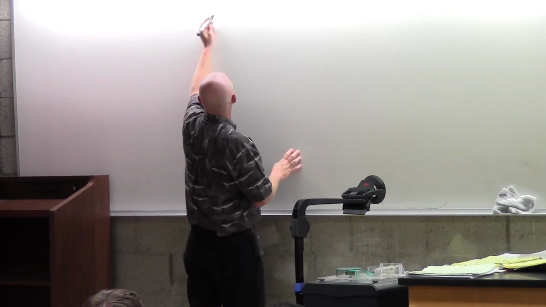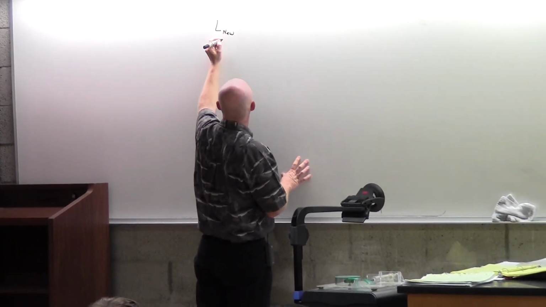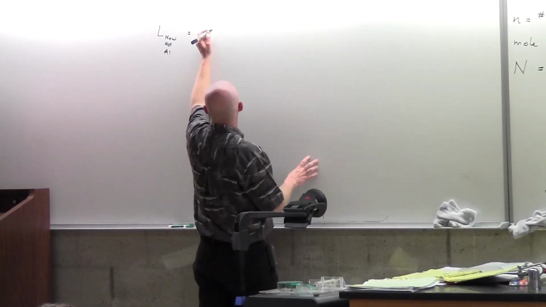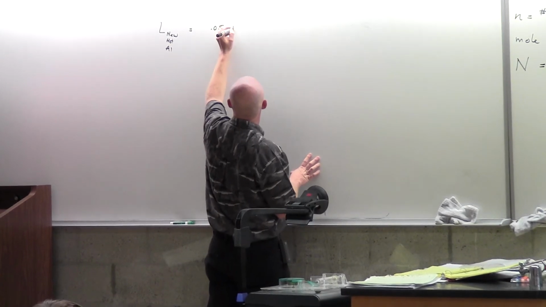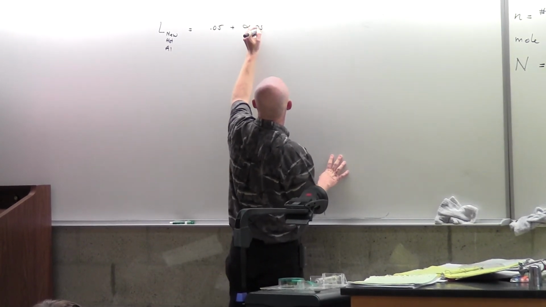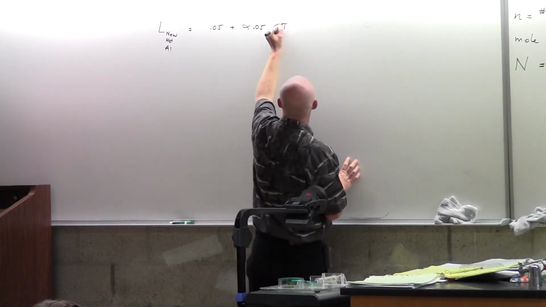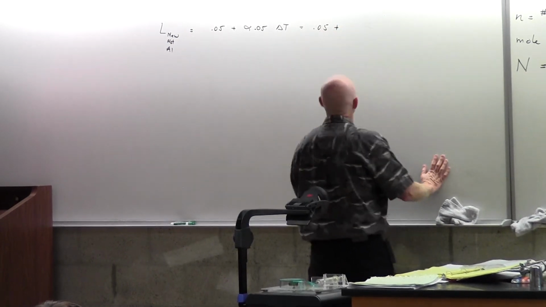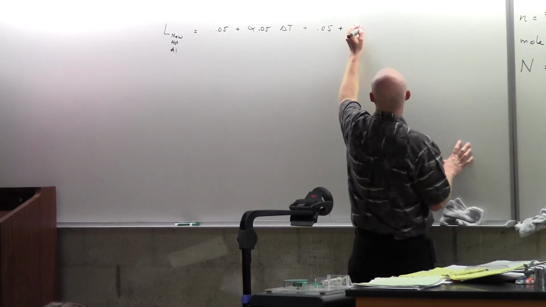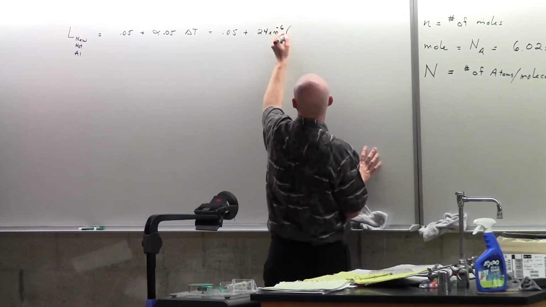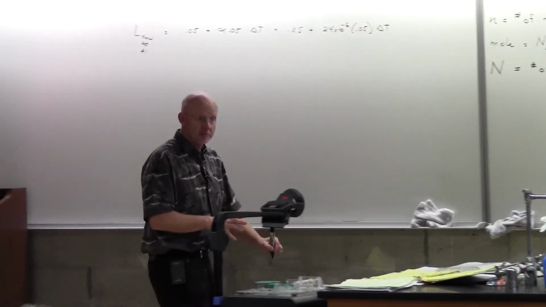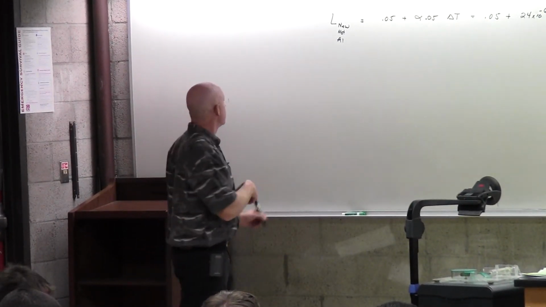So if I say, what is my length? And I'll say new, and I'll say hot, for the aluminum opening, it would be the original length, 0.05, plus alpha L delta T. 0.05 plus the alpha for aluminum, what do we say over there, was it 24? 24 times 10 to the minus 6, the original length is 0.05, delta T. So there's my size of my opening based on temperature.